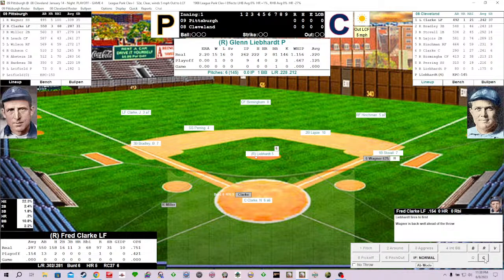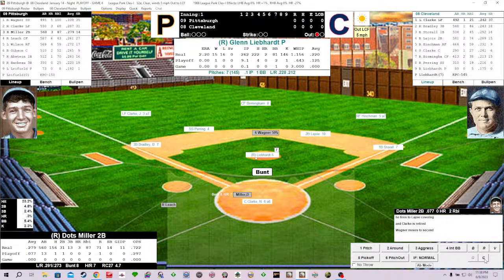Glenn Liebhardt ready to work now to Fred Clark. Clark bunts on this one, out in front of the plate. Nig Clark up with it, throws to DeLajoie covering at second, and Hannes Wagner will move into scoring position, 1 away. Sacrifice successful by Fred Clark, and here comes Dots Miller, the Bucco second baseman, hitting just .077 with